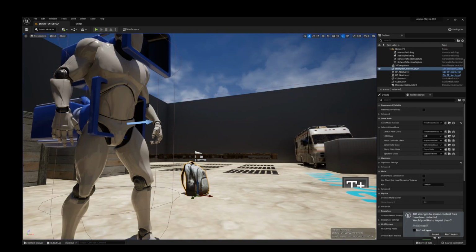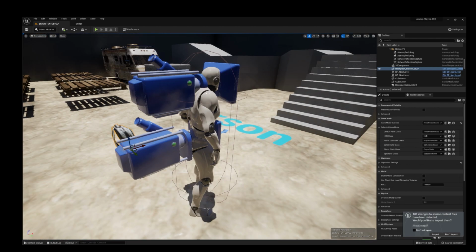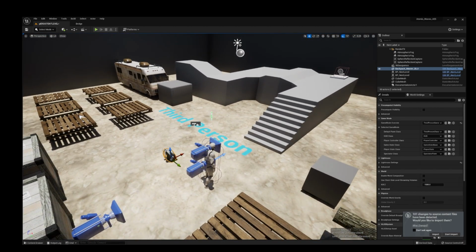But depending on if you made your own asset or you're downloading from another source or wherever have you, you may get an issue where the scaling just goes way off, where for some reason the backpack then becomes gigantic. So I'm going to show you a quick fix on how to do that. Although I don't exactly have to do that, I'm going to show that for you guys.